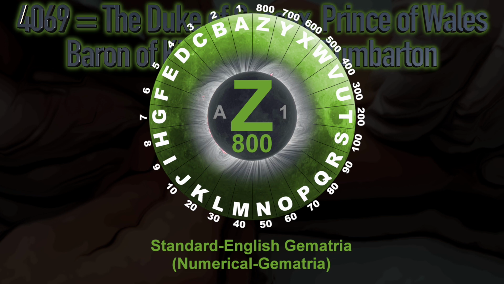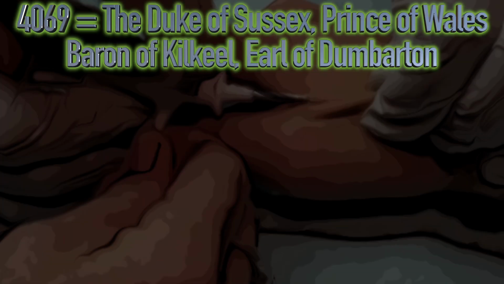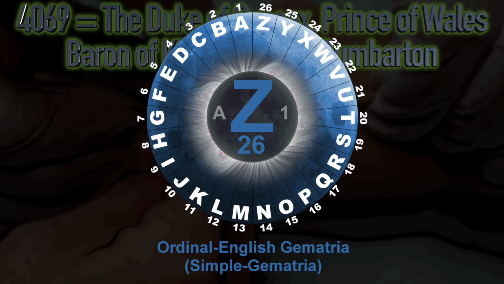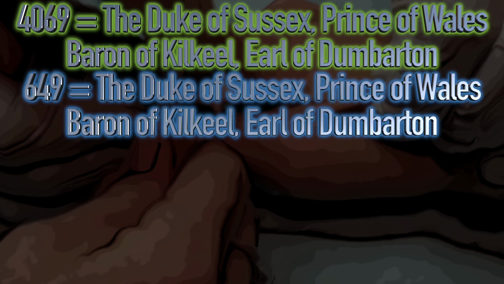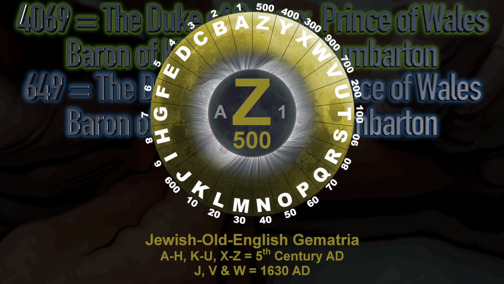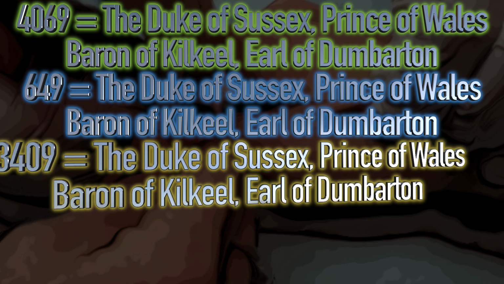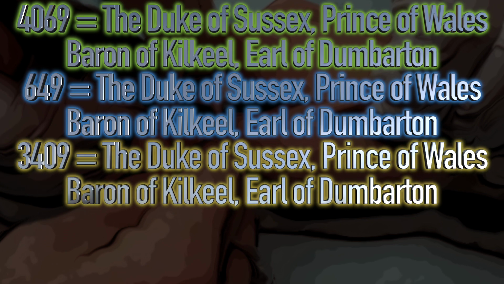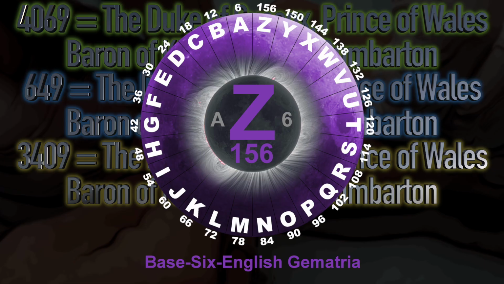Using standard English Gematria, the Duke of Sussex, Prince of Wales, Baron of Kilkeel, Earl of Dumbarton, equals 4069, and using ordinal English Gematria, it equals 649, and using Jewish Old English Gematria, it equals 3409, and using base 6 English Gematria, it equals